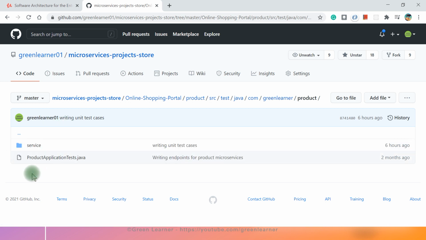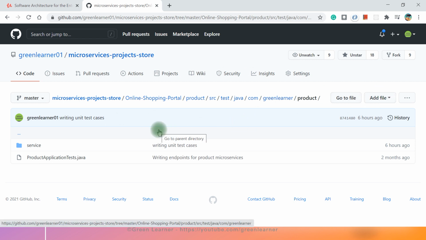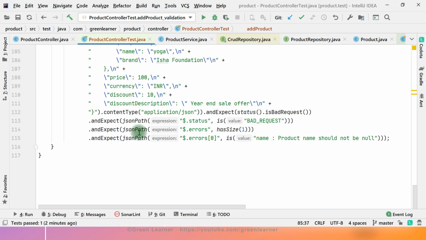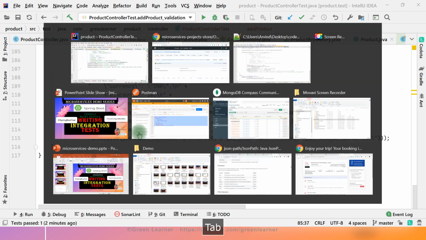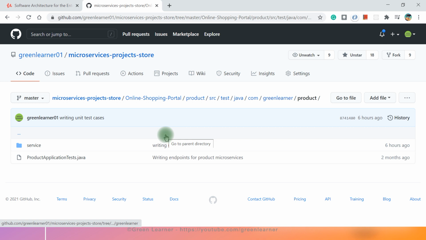So if you want, you can clone this project, create a feature branch, and raise a pull request to be merged into this branch. So I can review those test cases, whatever you are writing, and you can get feedback from me also, and you will be able to merge your pull request into the main master branch here. You will be able to see that you can even contribute to this project. So this thing is up to you. You can consider it your assignment. You can do it at your own time and compare whatever you find here after pushing this one. Probably when you are watching this video, you will get all the test cases under this repository.